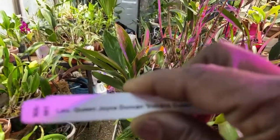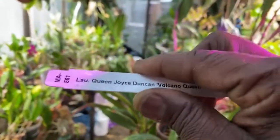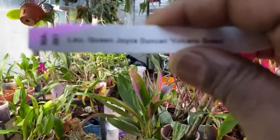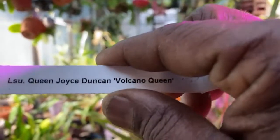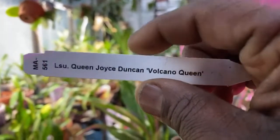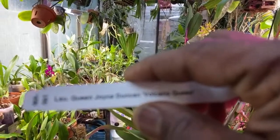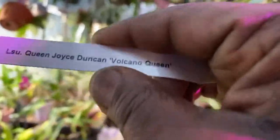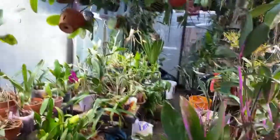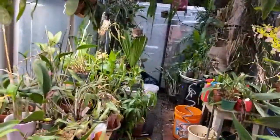Something sprinkles, but it's pretty. I think Magic Spring. I'm not going to remember what it is, but one of the crosses that I can't remember the name of is a cross between Richard Mueller and BLC Worsley, something Worsley, which I know I used to have. It is a very pretty Cattleya that